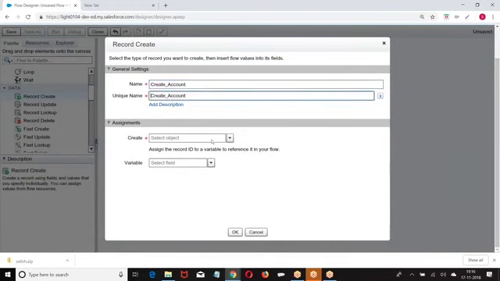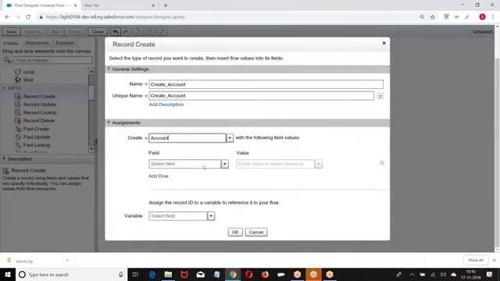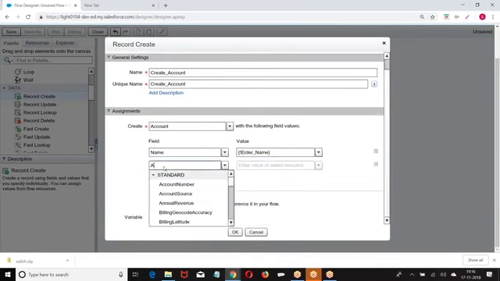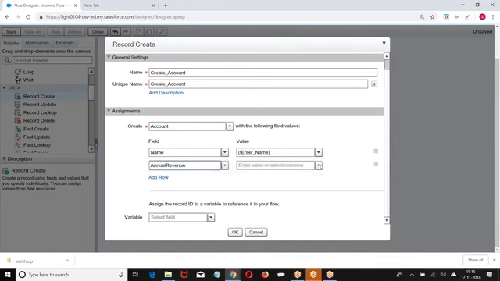Then which record you want to create? Now field name. Name equal to the value what you entered in the screen. In the screen I entered enter name. Whatever the name I entered, it's a name. Annual revenue.